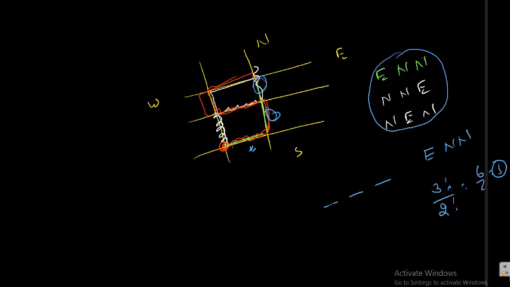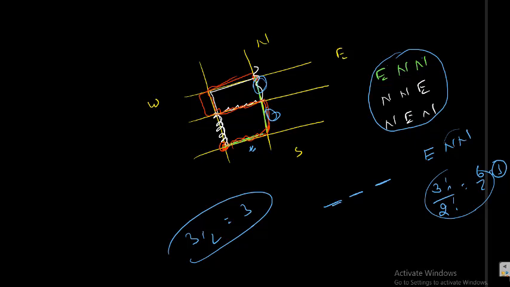In other words, to fill these 3 blanks we need to choose 2 N's, 3C2, that is 3. So there are two ways to get the answer. Filling these 3 blanks using E, N, N, how many ways can you fill in? 3 factorial by 2 factorial, because 2 N's are the same, so the answer is 3. Or in other words, just selecting 2 N's from these 3 is 3C2, so 3. So he can travel in 3 different ways.